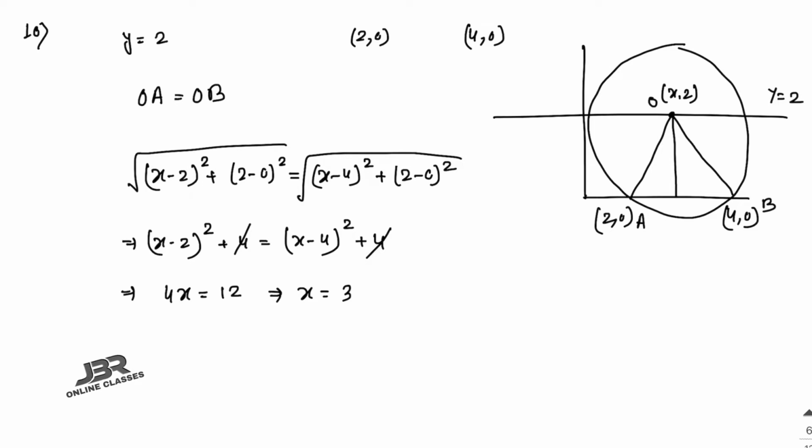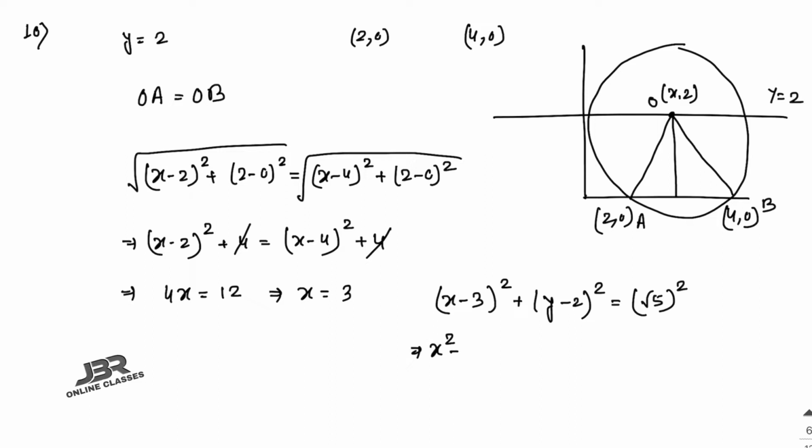So now you have to find out the equation of the circle. So here x minus 3 whole square plus y minus 2 whole square, that one equal to r square. For r square, first you have to find out the value of the radius. As you know the value of x equal to 3, the value of the radius equal to root 5. So root 5 whole square.